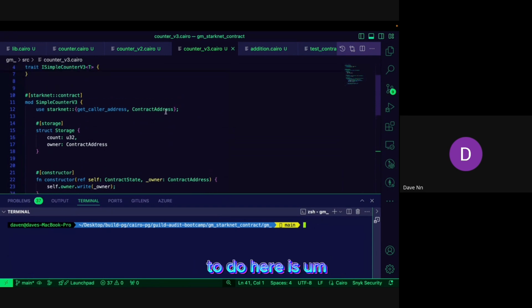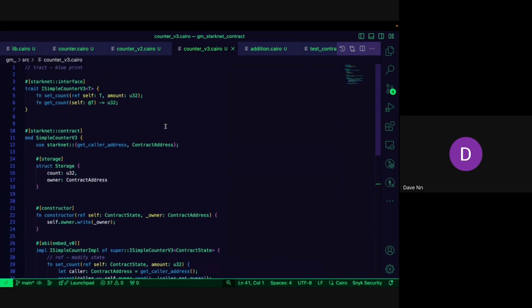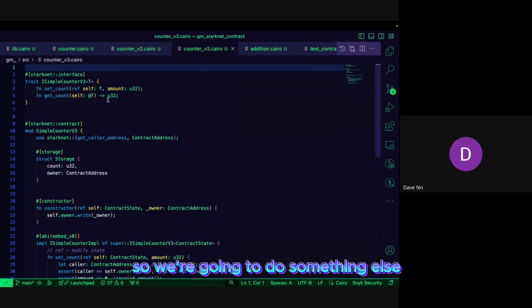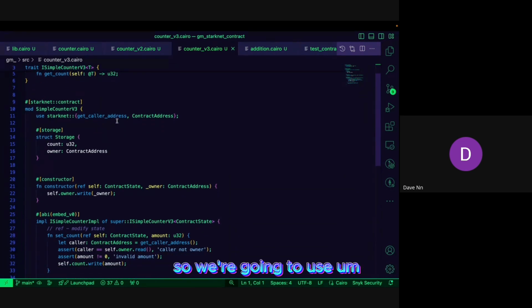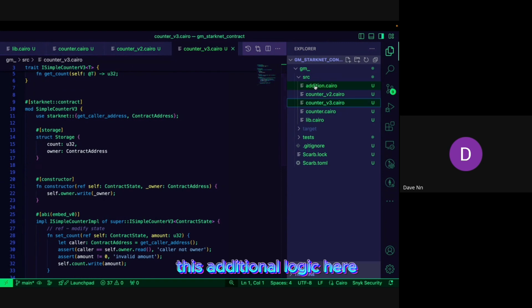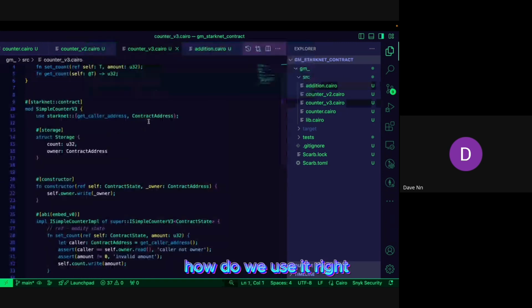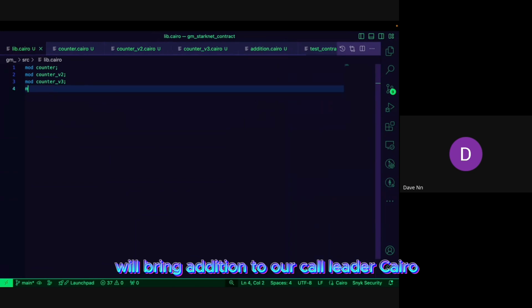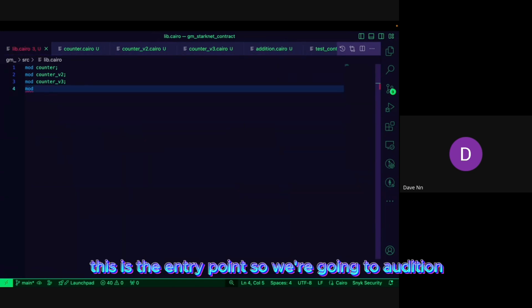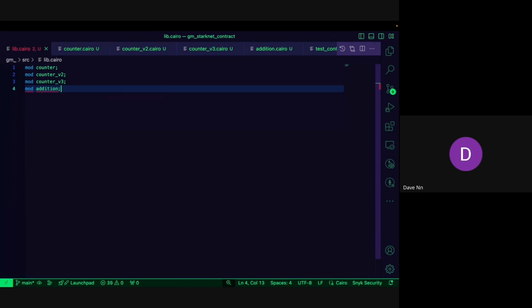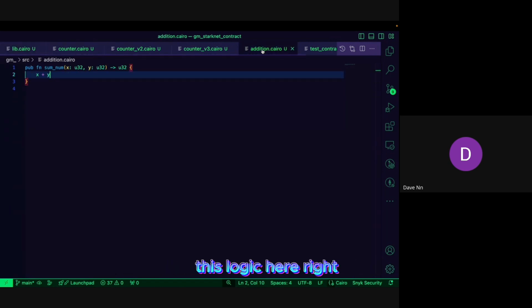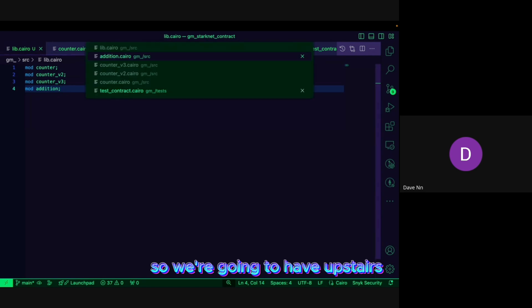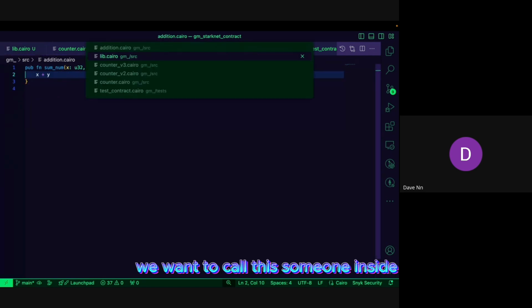So what we're going to do here is, let's remove this guy too. We're going to do something else. We're going to use this addition logic here. How do we use it, right? So we will have addition. We'll bring addition to our core lib.cairo. This is the entry point. So we're going to say addition. We'll have access to addition, this logic here. We want to call this sum num inside